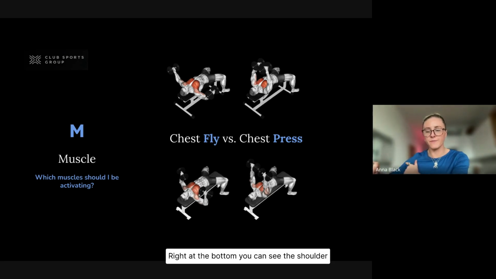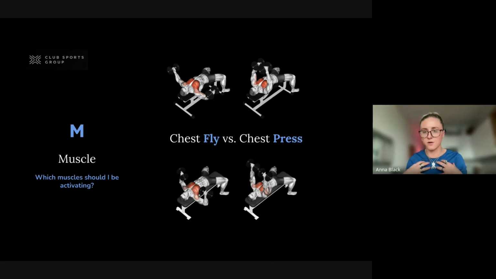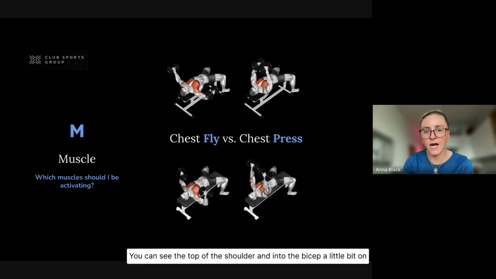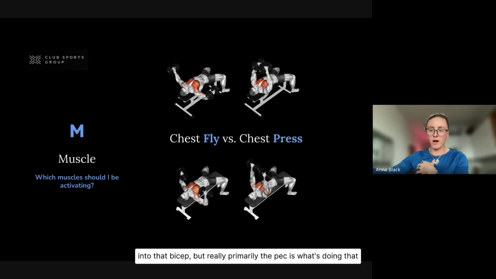Right at the bottom, you can see the shoulder is turning red. Now, in the fly, conversely, we're seeing, of course, in both movements, those chest muscles are bright red. You can see the top of the shoulder and into the bicep a little bit on that fly. Our biceps are a smaller muscle. So when we come out wide, we're getting a little bit into that bicep, but really primarily the pec is